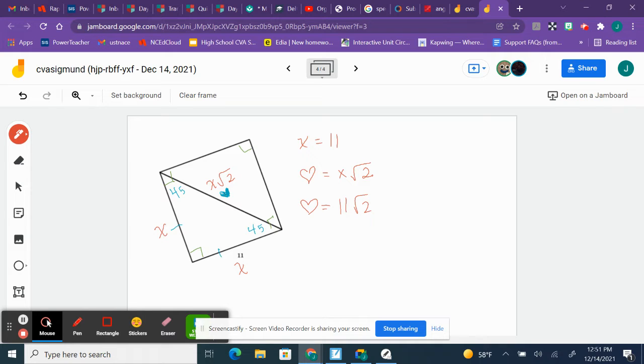So if they give you the legs instead of the hypotenuse on a 45, 45, 90, you just take that number and put it in front of square roots of 2. But again, you have to memorize that the hypotenuse of a 45, 45, 90 is X square root of 2. Now, as a backup plan,